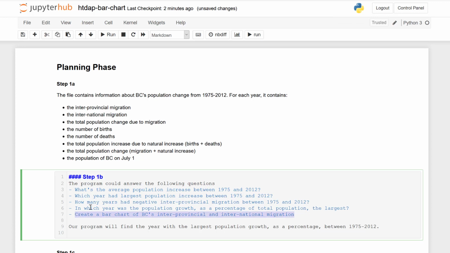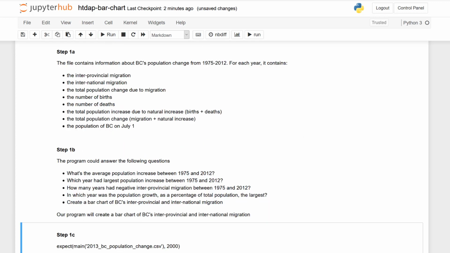Our overall goal will be to create a bar chart of BC's interprovincial and international migration. It's no longer phrased as a question, but does capture our goal for the program design.